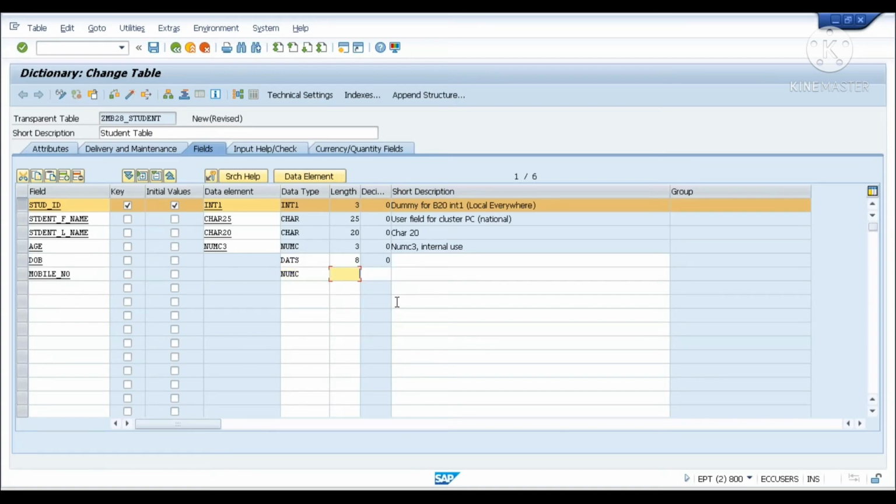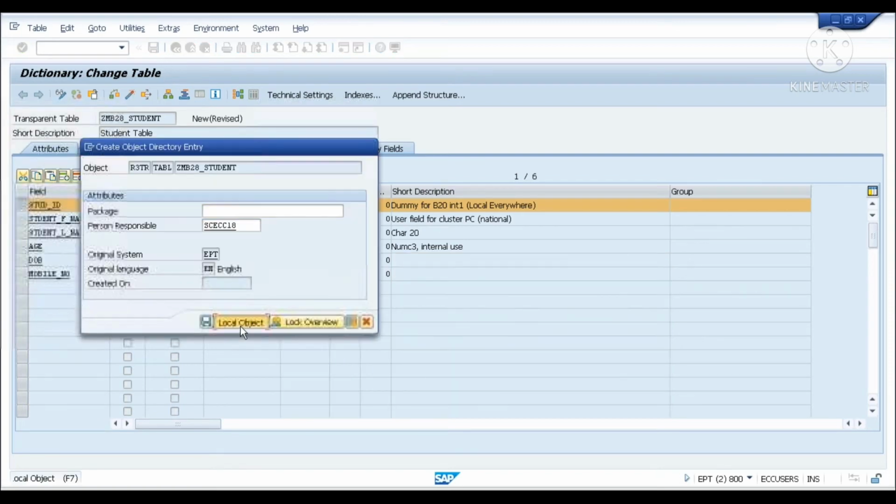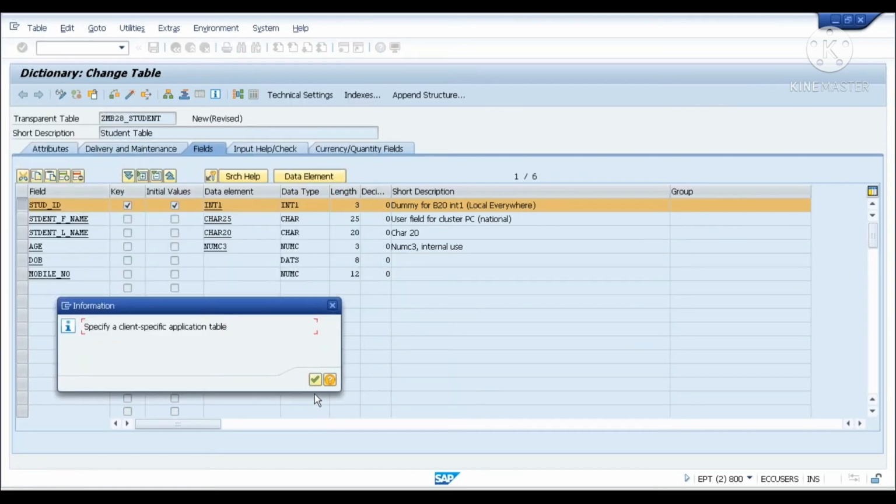So the mobile number I can keep at 10 characters, or maybe 12 characters, or maybe 13 characters, like that you can use. So 10 for the mobile number, 2 for the country code, or 3 for the country code. So maybe 12 only is sufficient for you. We are not supposed to use unnecessary memory; the use of unnecessary memory is not recommended, right? So that's why. And now I'm going to save it.